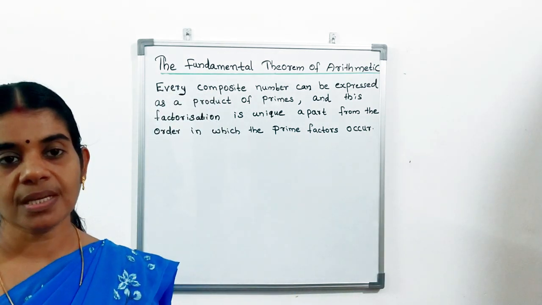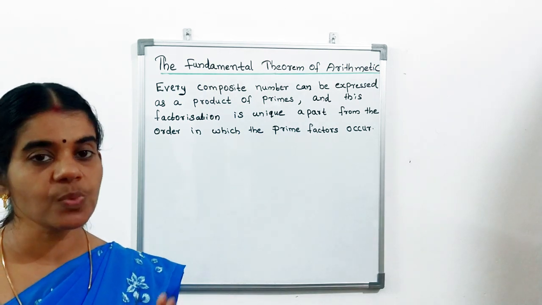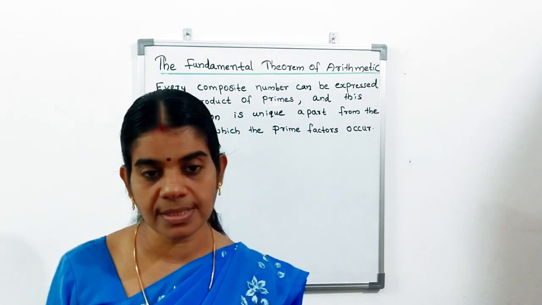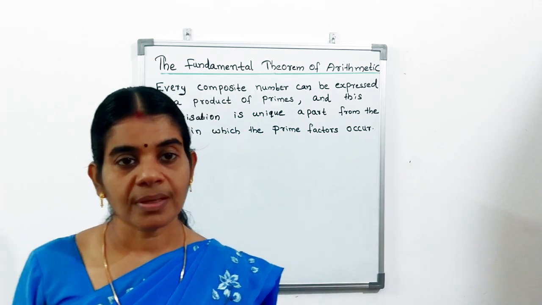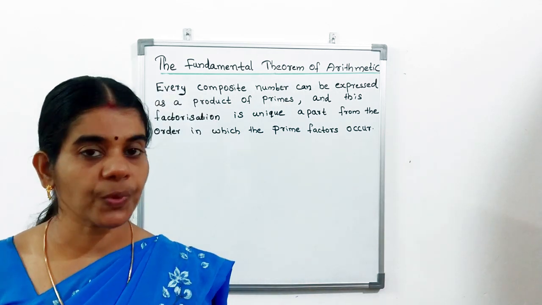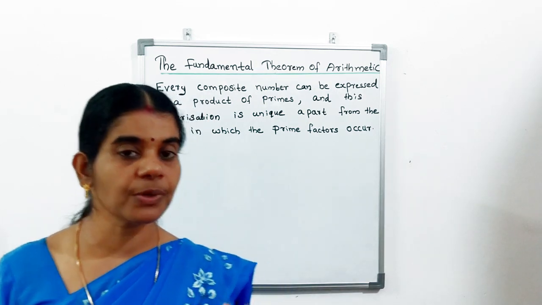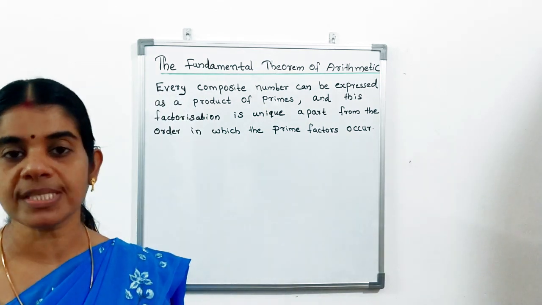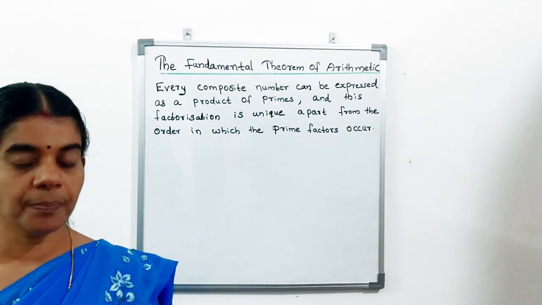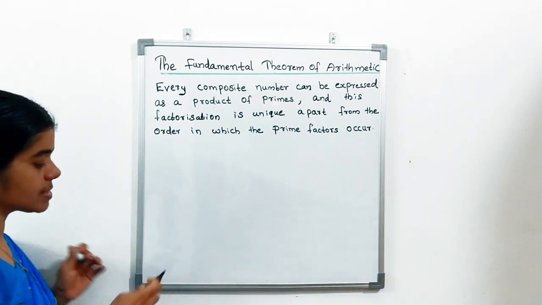Composite numbers are numbers that have more than two factors. Normally, suppose we are taking 4. Which are all the factors of 4? 1, 2 and 4. Therefore, it has 3 factors. Therefore, 4 is a composite number. Then, prime numbers,